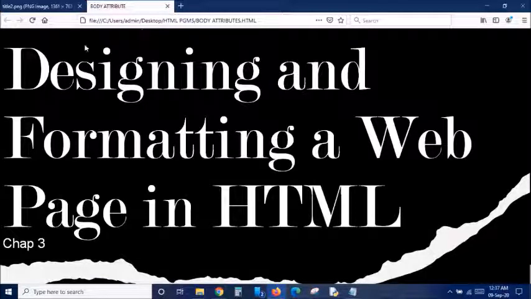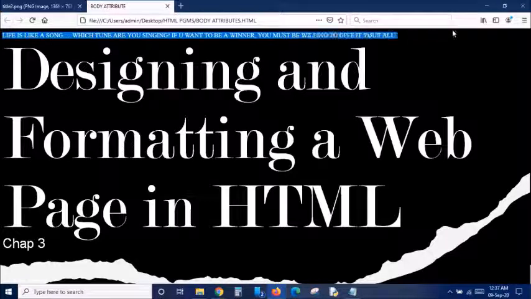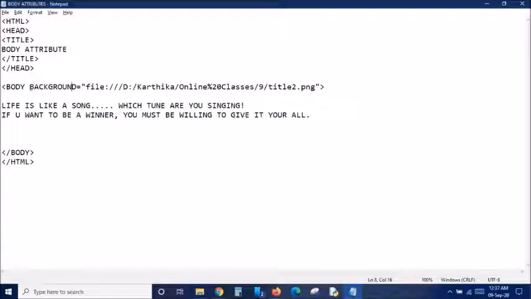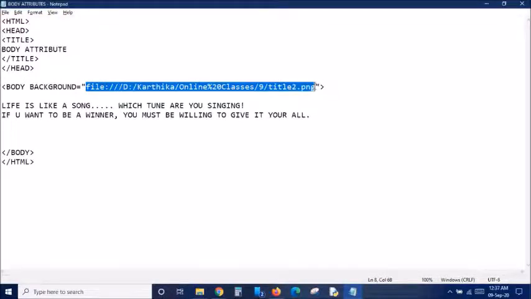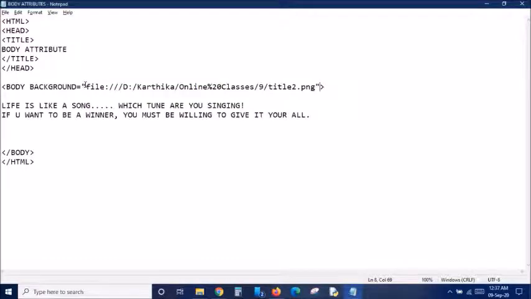That is not appearing because the text is presented in black color and the background is also black. So for that we have to change the foreground, the color of the text. This is how we have to insert the image as a background. The attribute for that is background and you have to give only the path, within double quotation. This is one attribute of body.